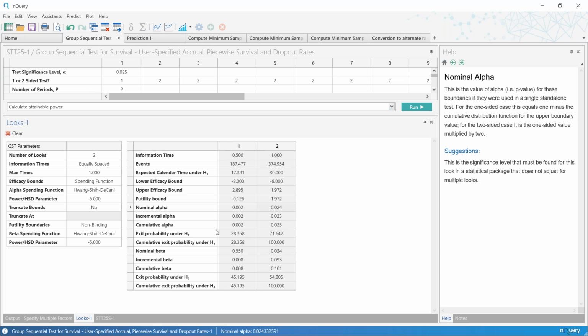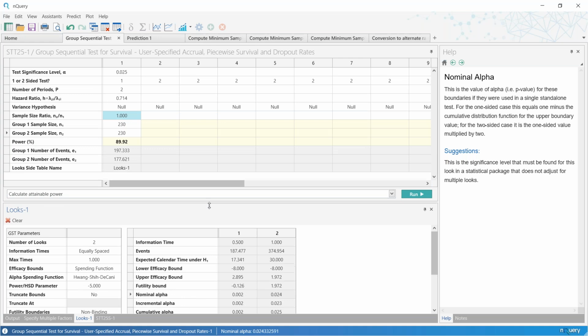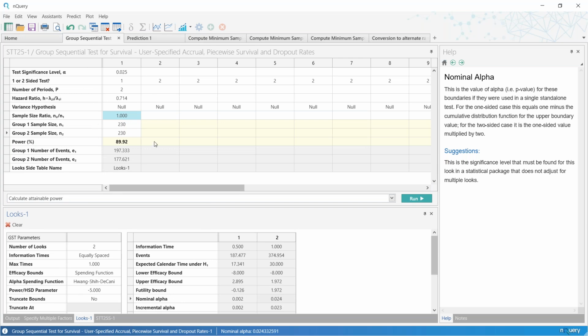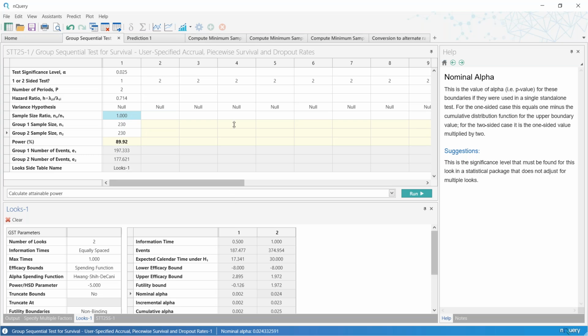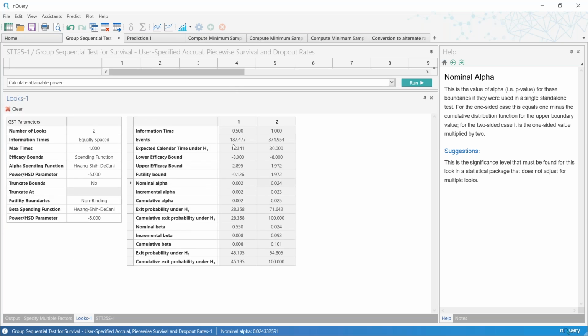And so that's the design that we've done. So we've replicated the sample size calculation. What we have here is basically a full sample size calculation. We have 90% power, but once we get to this interim analysis, once the actual interim analysis happens, when we reach like 187 or 188 sample size, let's just say 187,